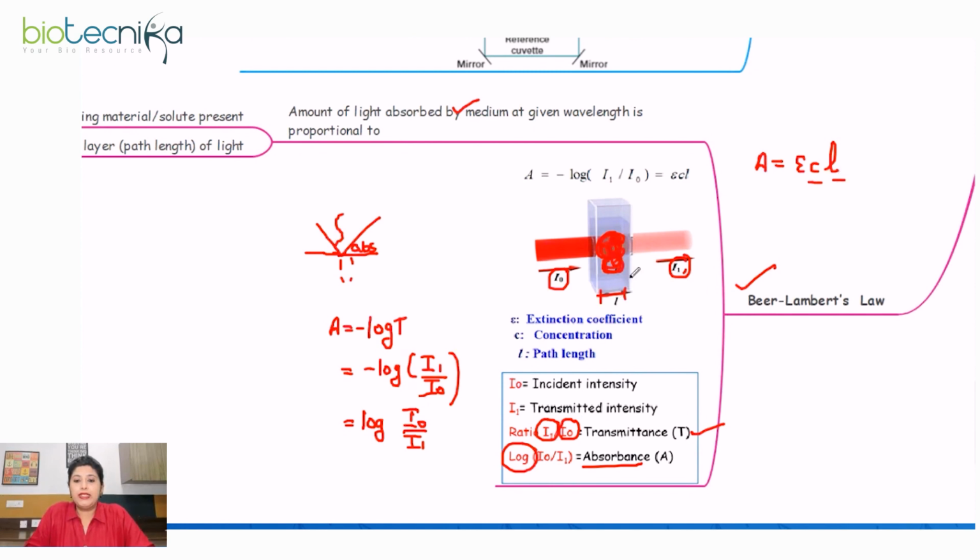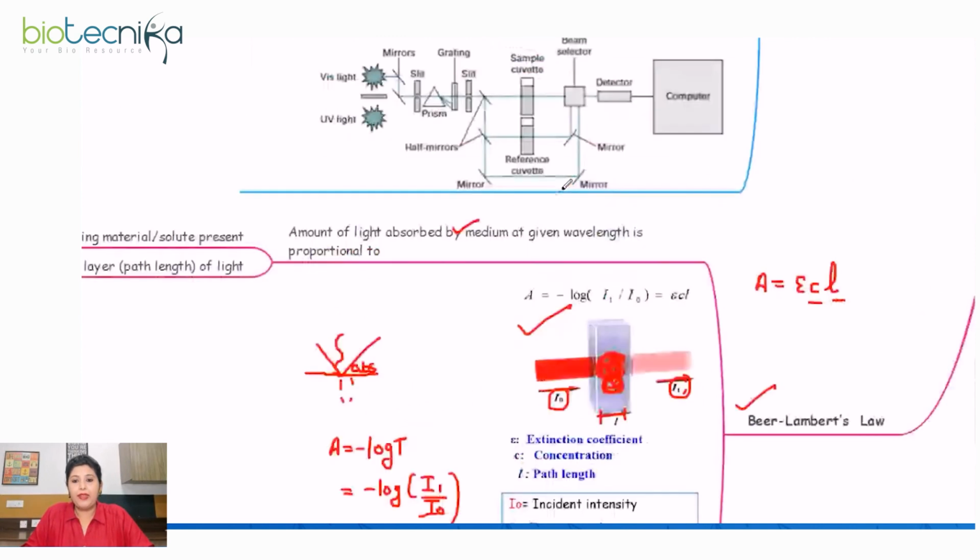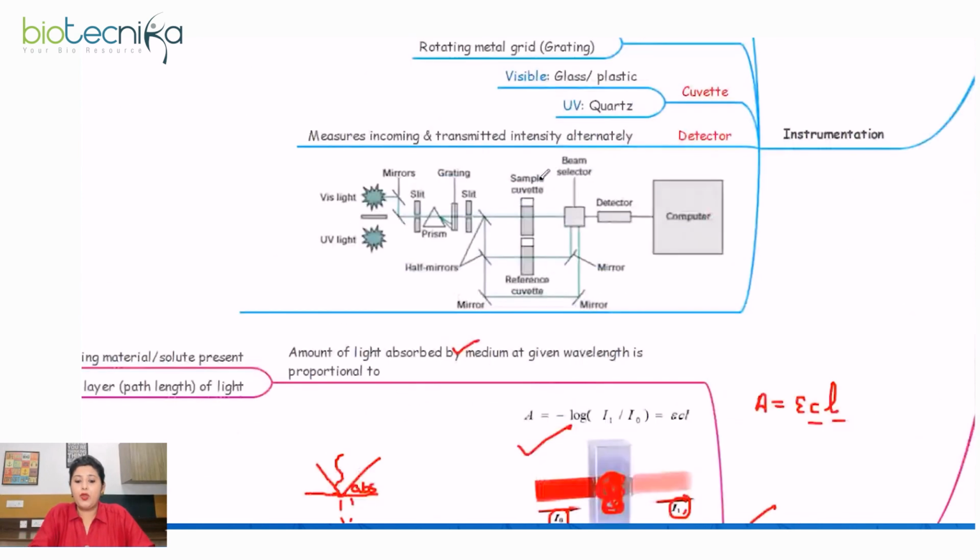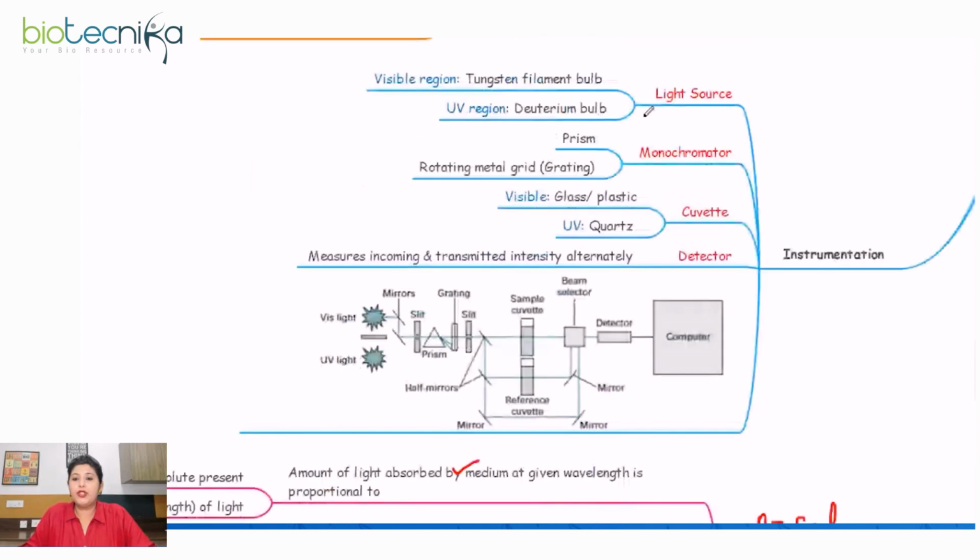So this is the formula that you have to remember from exam point of view. Directly on this formula, the questions are asked in the exam. Now, how do you measure the absorbance? Definitely, you will be needing some kind of instrument for it, right? So the instrument that is used is spectrophotometer, and the components of the instrument are that you will be needing